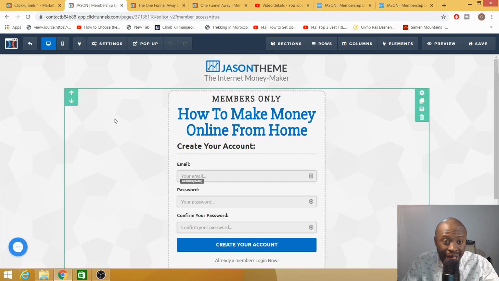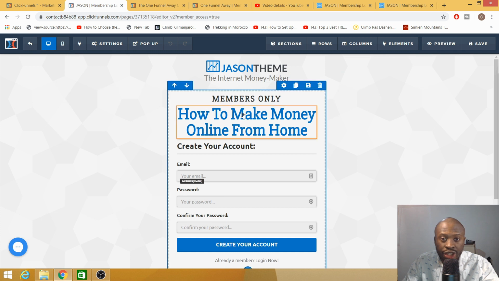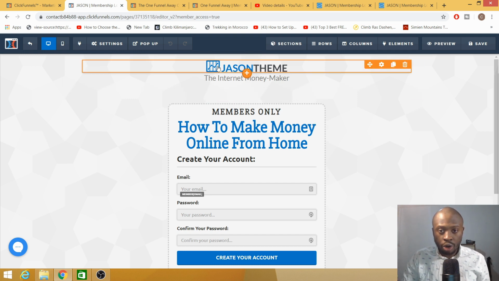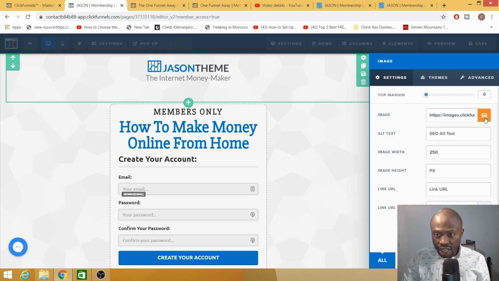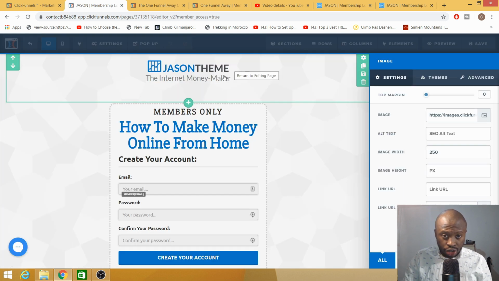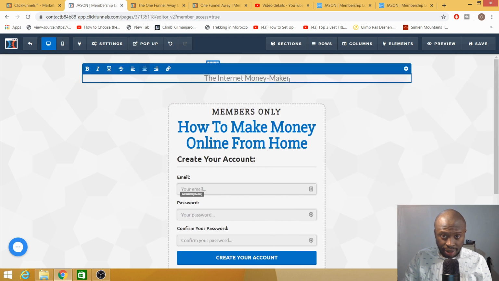On the membership access, as you can see here, there are many details you can change. You are not confined to this specific design. You can always switch it and put it in your own way. So on the logo up here, you can change the image, upload your image if you want to. You can change the text down here, right? You can put here the internet